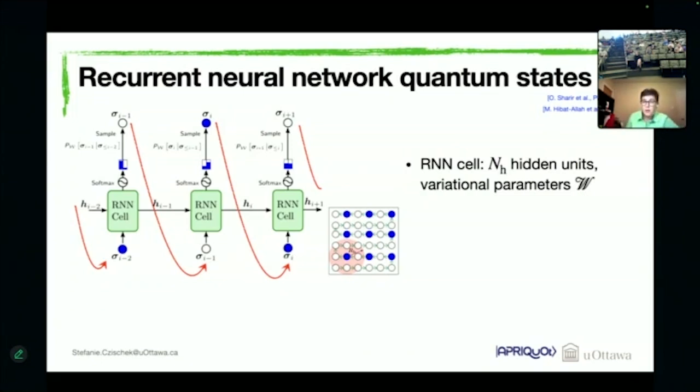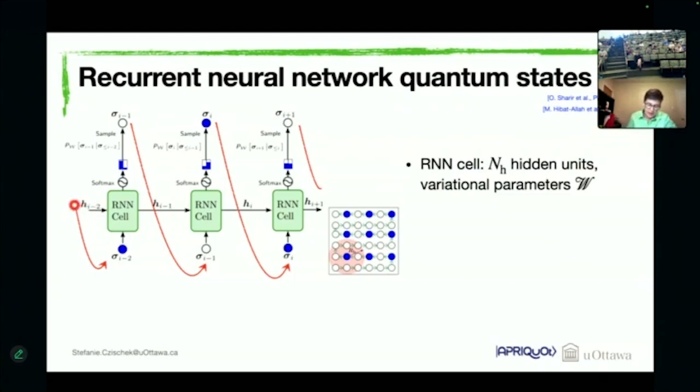So now if we want to deal with sequential data, the first thing we need to do, looking at our Rydberg atom arrays, is to define a sequence in our square lattice of atoms. And this we just do by snaking through this lattice. So we turn our two-dimensional lattice into a one-dimensional sequence that we then send into the RNN cell one atom at a time. In addition to the state of the single atom, the RNN cell receives as input the state of the hidden units from the previous iteration of the RNN cell. Okay, so we send in the state of the hidden units, and then inside the RNN cell, the hidden units are updated.